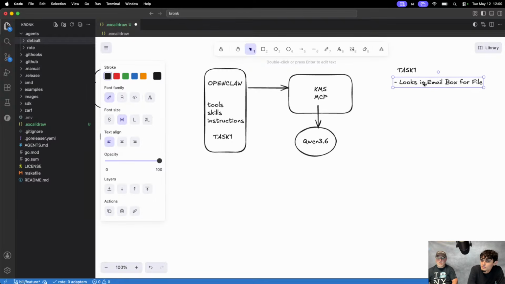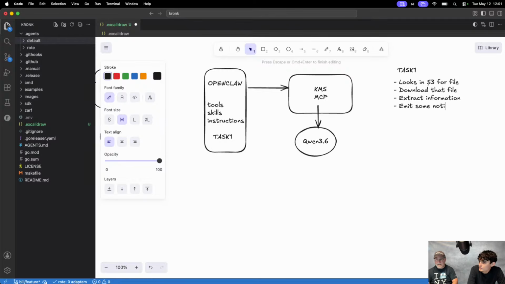Or maybe even better, look in S3 for a file. Then, if there's a file, you download the file somewhere locally, and then you parse that file or extract some information, and then you emit some notifications.